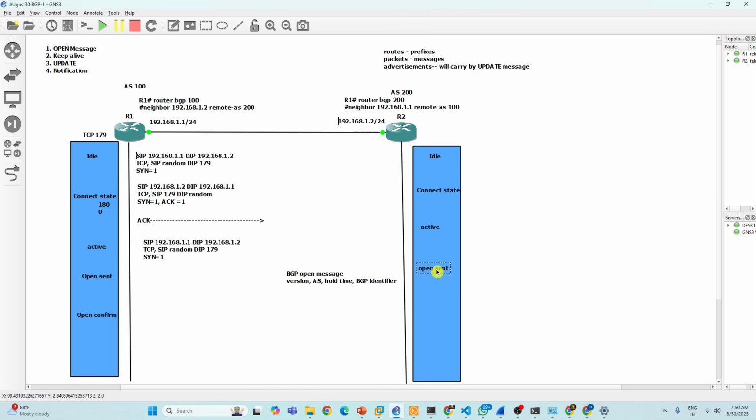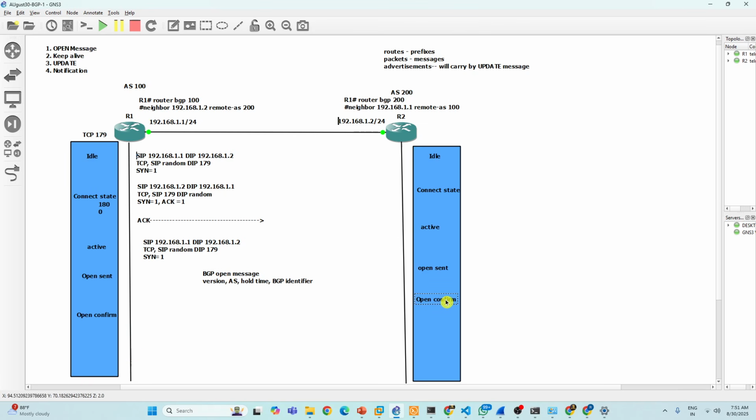If R1 receives a BGP open message from R2, it will match everything. A valid BGP open message means all parameters are matched and the BGP identifier is unique. Immediately R1 will send a keepalive message to R2 and move to open confirm state. So both routers will do the same thing and move to open confirm state.